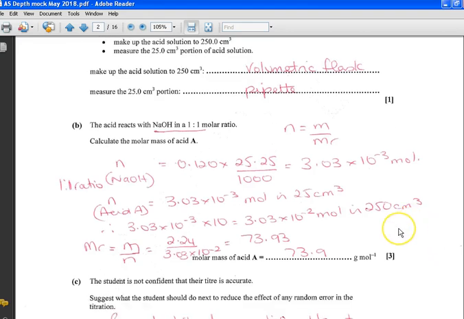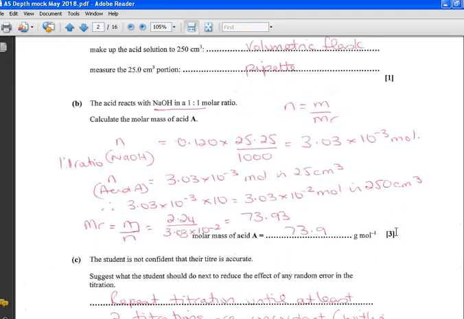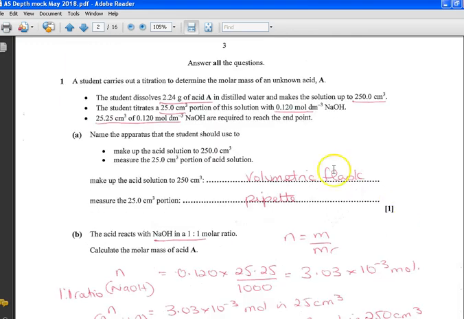Okay, then we're told that this acid A reacts with NaOH in a 1-to-1 ratio. So that's pretty straightforward to calculate the molar mass of A. So here's our equation we're going to be using. Work out how many moles of NaOH we have. That will be the same number of moles of acid A, but remember that's only in 25 cubic centimeters, and